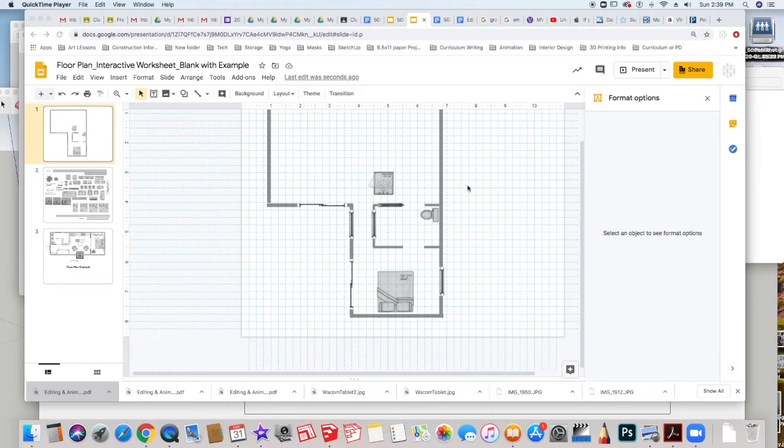So here you can see I've started to put together my house. I had to make a few little modifications to the bathroom. I brought it out an extra foot and made the hallway smaller because I thought that the bathroom needed a little bit more space, and 3 feet is okay for a hallway. I've also added sliding doors from the main living area and also from the bedroom because I want to put a deck out here.